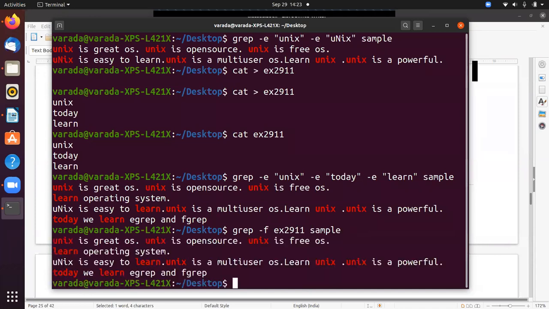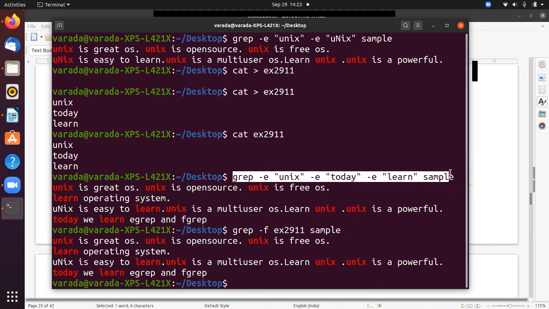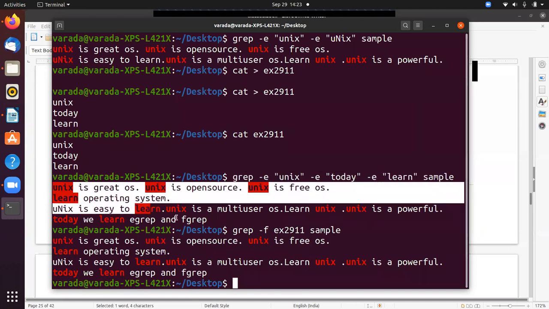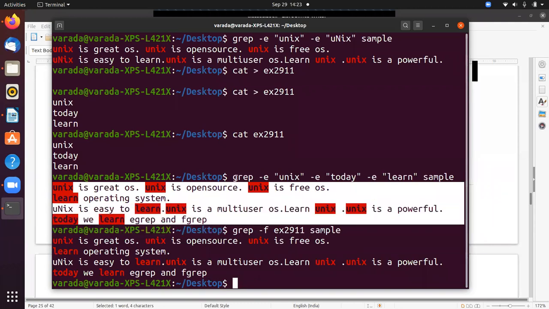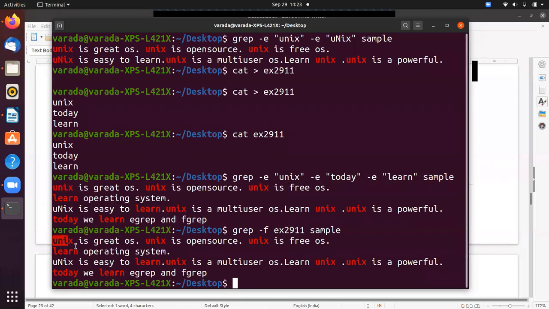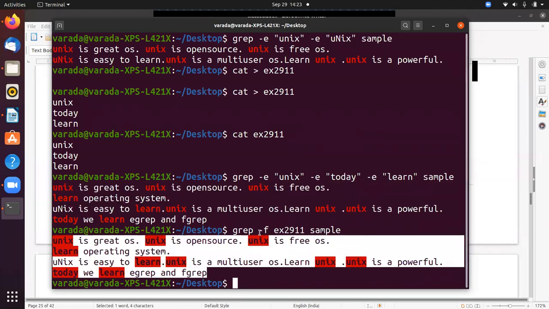Okay, so now I press enter, it displays the same content. So this is grep -e Unix today learn sample, the same output. The same output we displayed with the help of -f.